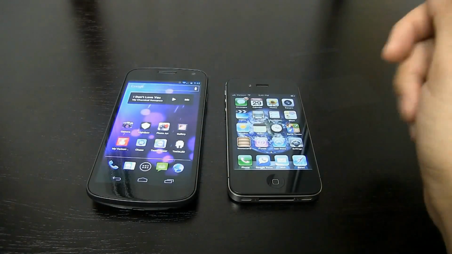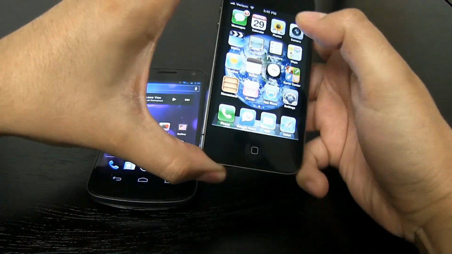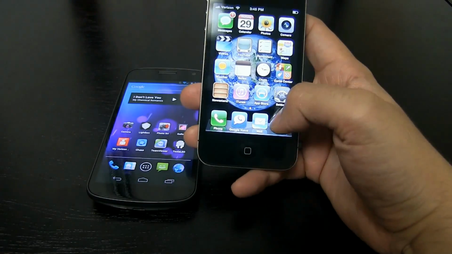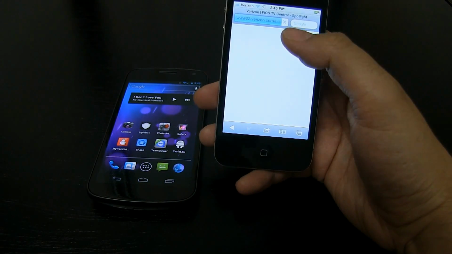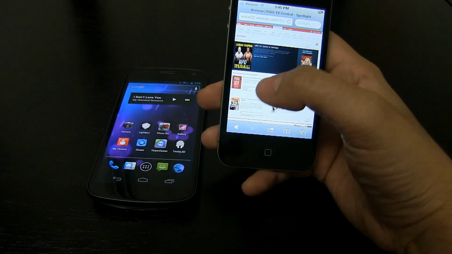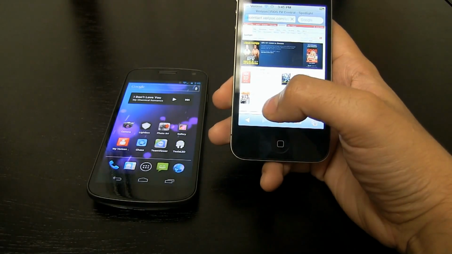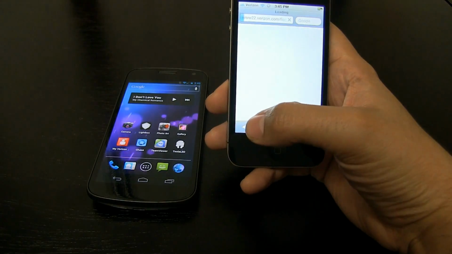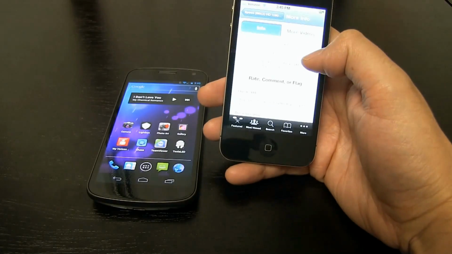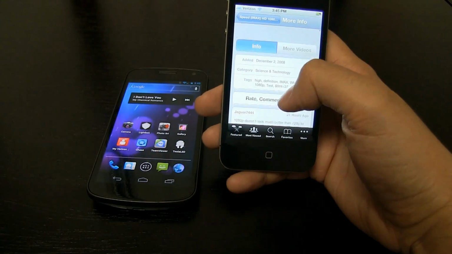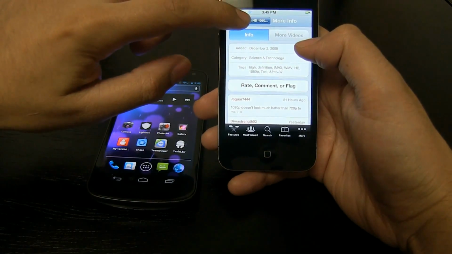One of the things I really hate about iOS is the inconsistency of applications. Let me show you what I mean by that. If I load up Safari, it's going to take me to the last website I loaded. If I want to go back, the back button is down here, which is fine. Nothing wrong with that. So mentally I have to know that if I'm browsing the web, the back button is going to be here. But now let's say I go to YouTube, and I want to go back. Wait, where do I go? Now I would have to come up here to go back.